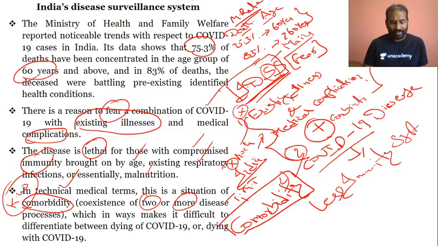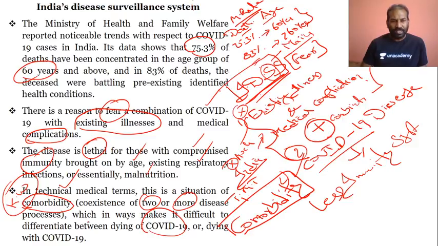Yes, silent epidemic concerns. That is what I'm saying. They're silent because probably the system is not following. India's disease surveillance system is not really looking into it. So the comorbidity is very, very important, and it makes it difficult to tell dying of COVID-19 from